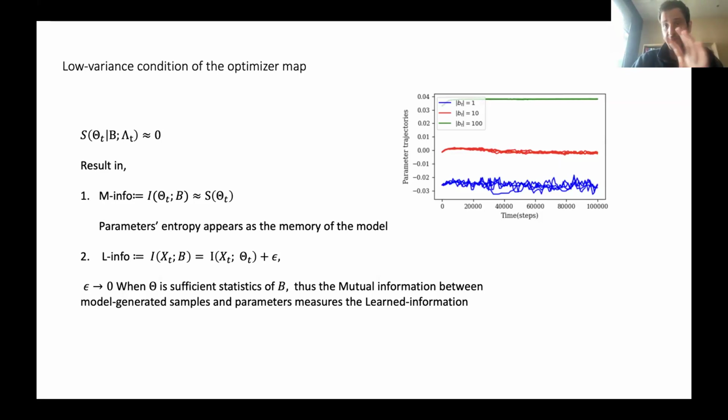And so again, these are two information measures that we just defined, and we are now going to calculate them in the training process. One is Minfo, a measure of how much information is stored in the parameters. This is a measurement of overfitting, as Hinton mentioned. So you don't want the entropy of your parameters to blow up. And the other one is your performance. You want Linfo to be maximized. That's how much information you learn, the useful information that you can do useful things with.